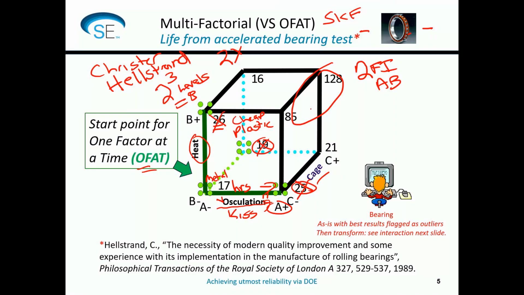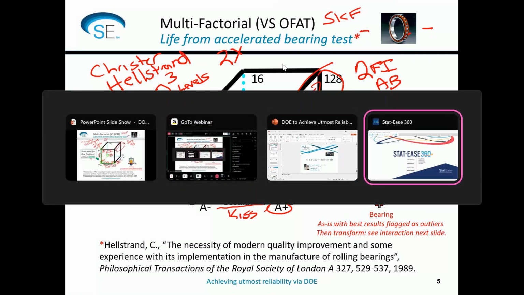Now, there's a funny thing that happens, which I can show you in the case study when I bring it on the computer. It looks like at these conditions at the upper right corner that going to the plastic actually increases the life, but it turns out because the variability increases as the level goes up, that that's not necessarily significant. So let's take a look at this. I got the reference on the bottom here. So I'm going to toggle over to Stat-Ease 360.